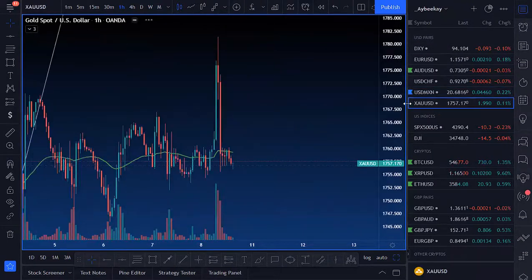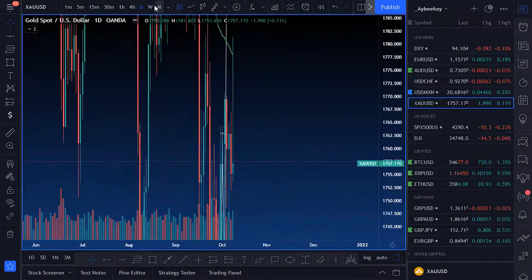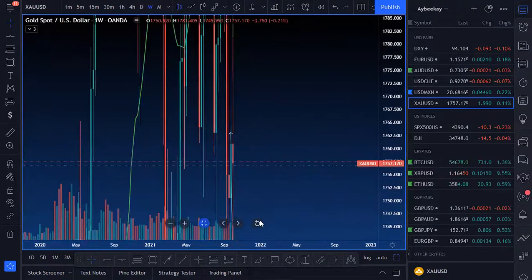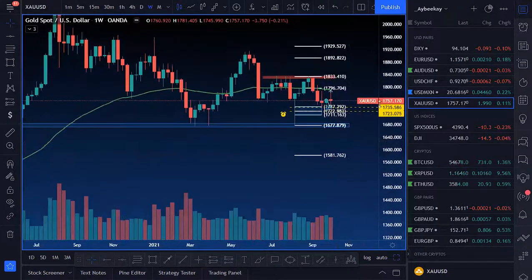Let me take a look at gold real quick. Yeah, gold is another one. If whoever is bullish on gold, please stop it. I'm just joking, I'm just playing with y'all. But still,